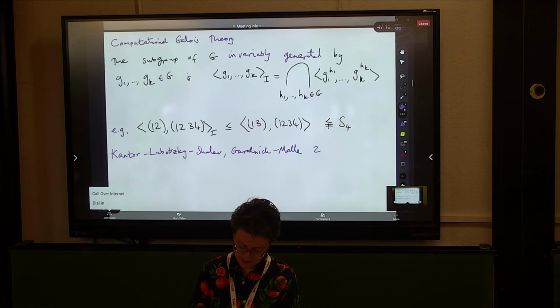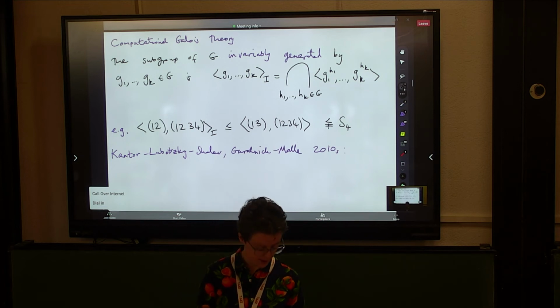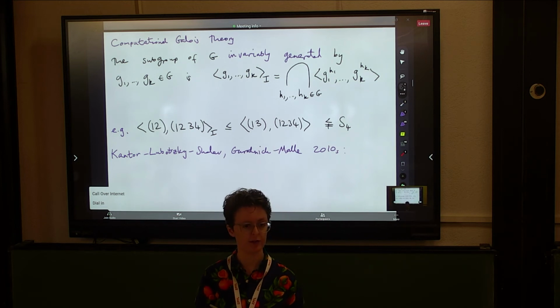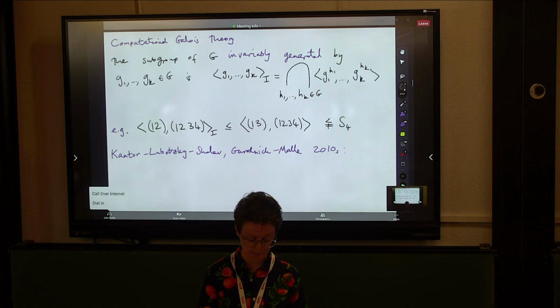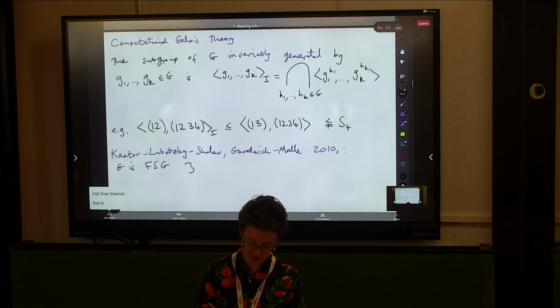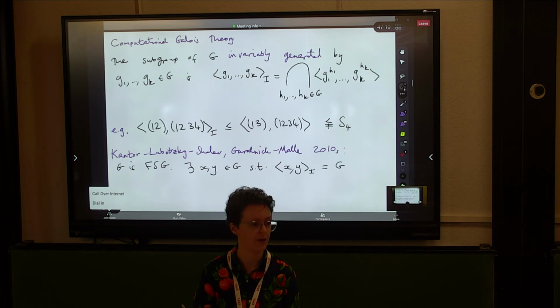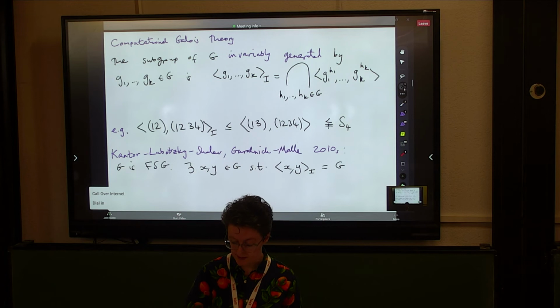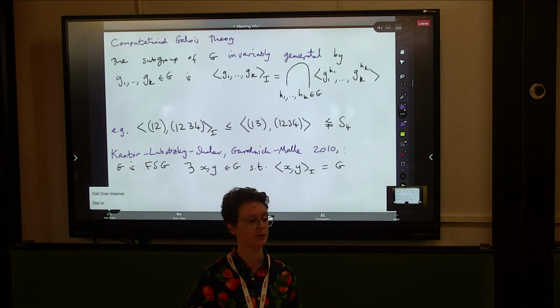And this was in the 2010s. They showed that, so this is basically the equivalent of the Steinberg result from the very beginning. They showed that, oh sorry, we should assume that G is a finite simple group. Then there exists a pair which invariably generates G. So that's nice. That means that we can basically ask all the same questions that we were asking before, but